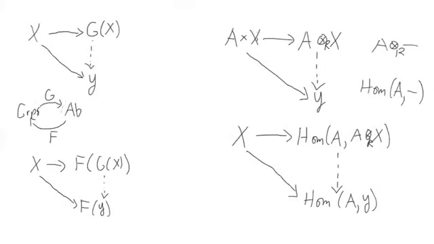Let's look at a couple other examples. So abelianization of a group. So X quotiented by its commutator subgroup. All right, and let's denote that with the functor G, so from groups to abelian groups. So anytime you have a map from X to an abelian group, it factors through the abelianization uniquely. All right. So this actually shows us some adjointness happening